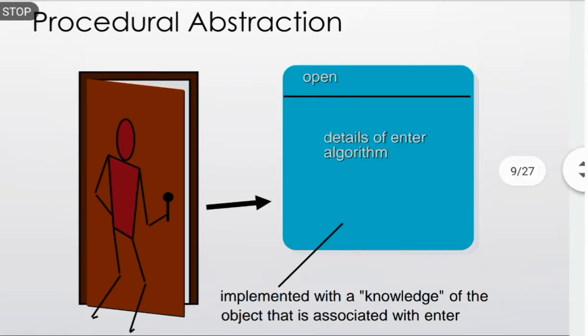So that is the procedural abstraction. A procedural abstraction refers to a sequence of instructions that have a specific and limited function. The name of a procedural abstraction implies these functions, but specific details are suppressed. The example of procedural abstraction would be the word open for a door. Open implies a long sequence of procedural steps, for example, walk to the door, reach out and grab the knob, turn the knob and pull the door, step away from the moving door. So these are the procedural abstraction and the data abstraction.